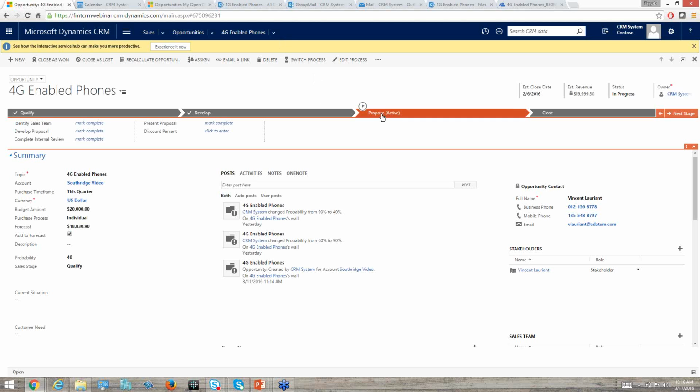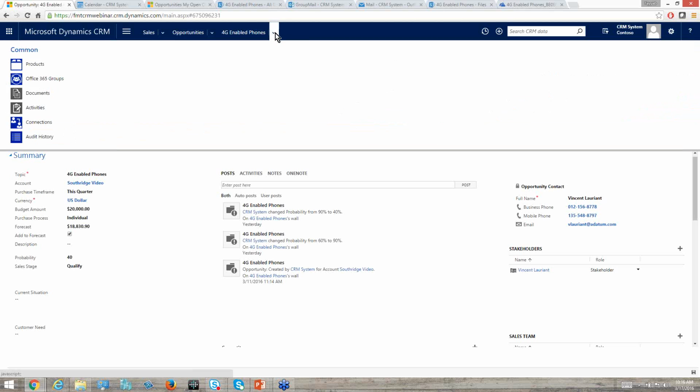So you can see I'm on the proposed stage, and this is just to give you an overview. This is a process flow that we'll cover in the next session of this webinar. But for now, let's suppose that you're on the propose stage and you're preparing a proposal to be sent to this prospect. So what you're going to do is you're going to come up here and you're going to click